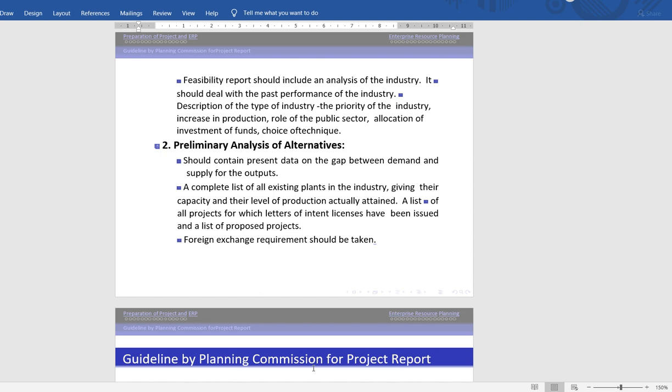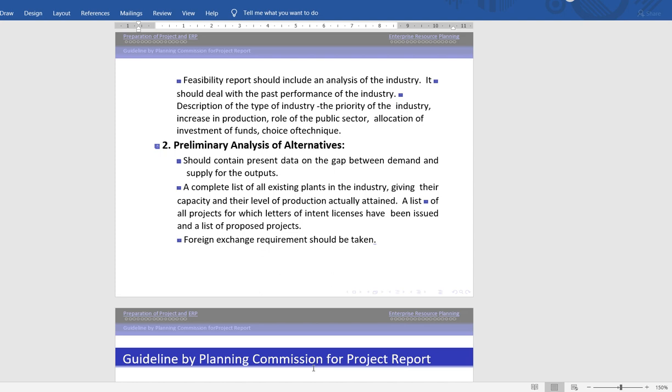The third point is project description. As the name suggests, it should describe what the product does or what the product is. It should also provide a brief description of the technology or the process chosen for the project. So what technology is used in developing the product, or what processes are involved, should be described under this point. Information relevant to determining the optimality of the location chosen should also be included.